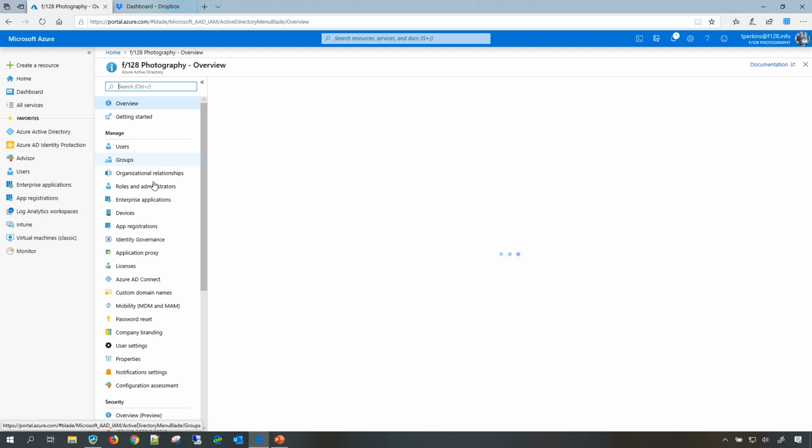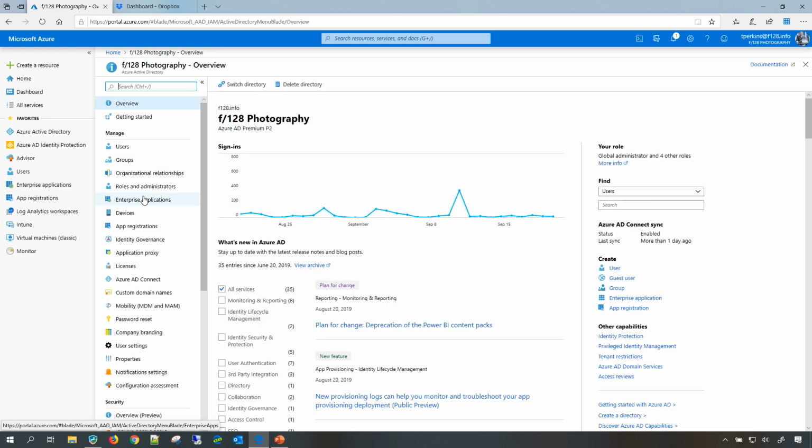There are two particular options available related to applications in Azure Active Directory: Enterprise Application and App Registration. Note that there is a difference between the two. Enterprise application is made for SaaS applications. That means if you are adding new SaaS applications and configuring them for single sign-on and user provisioning, then you should be using the Enterprise Application option.